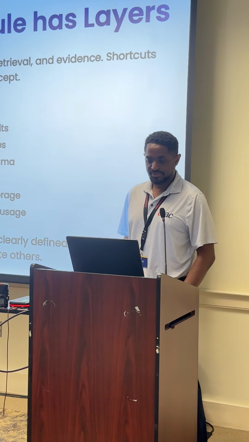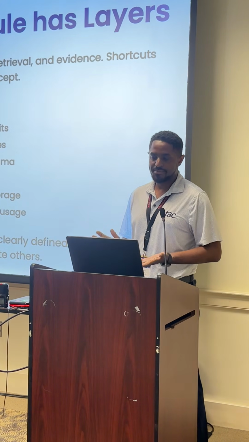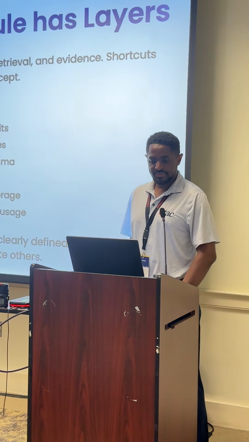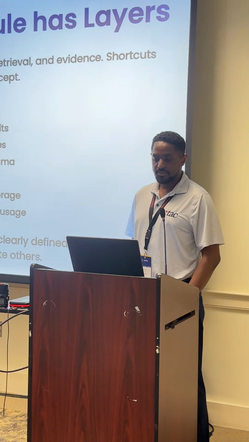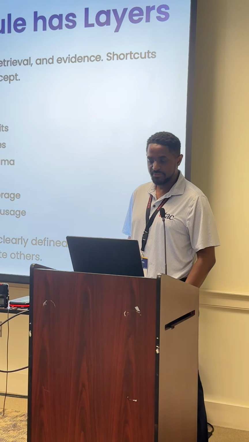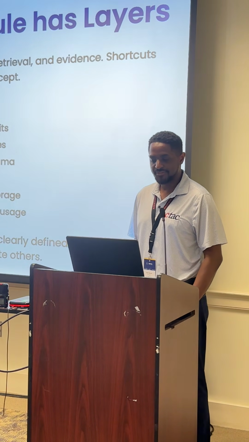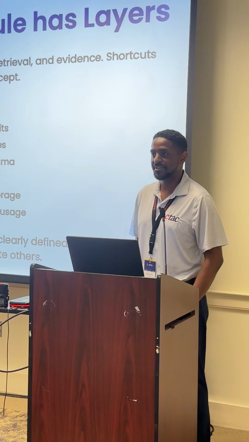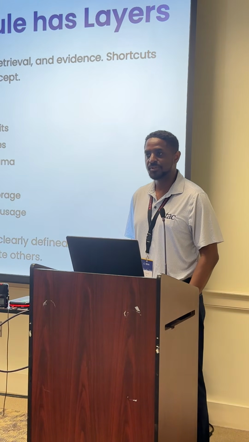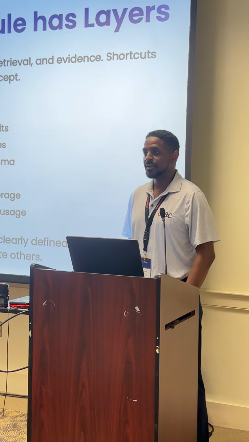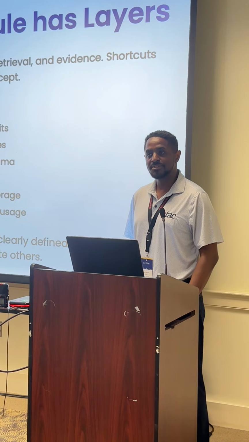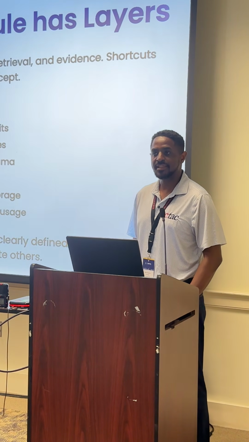A module should have durable layers, an AI module especially. So separate UI, policy, orchestration, providers, retrieval, and evidence. Shortcuts, of course, we always like to use, but we should only do that for demos or proof of concept. If you have a controller and you're having your controller call your module or your models, you don't really want to do that. You want to make sure you've got a service so it can link into all the things